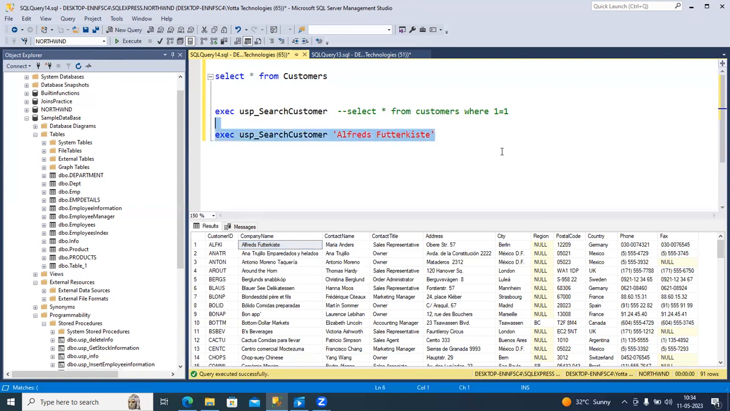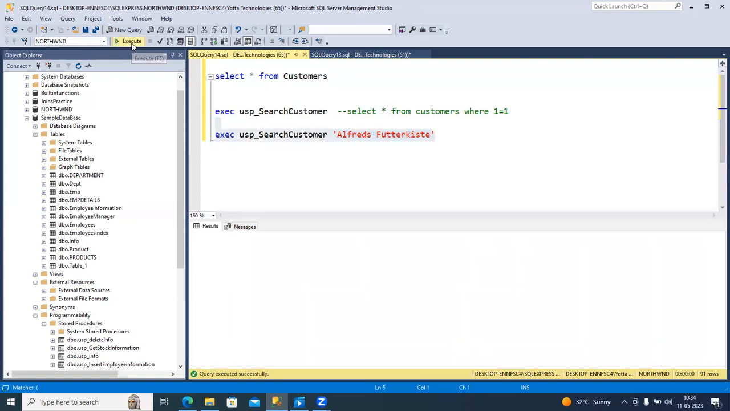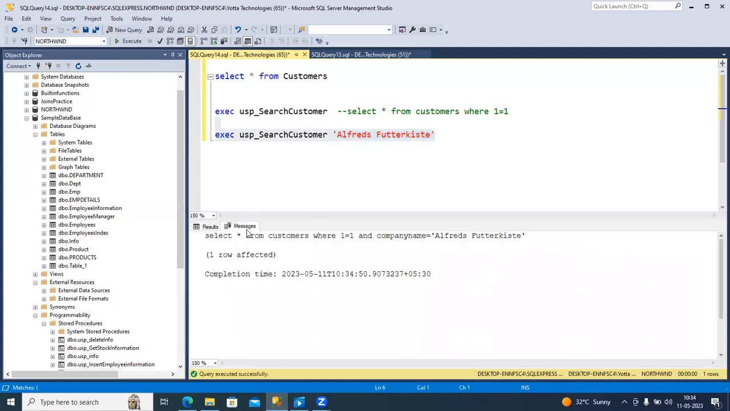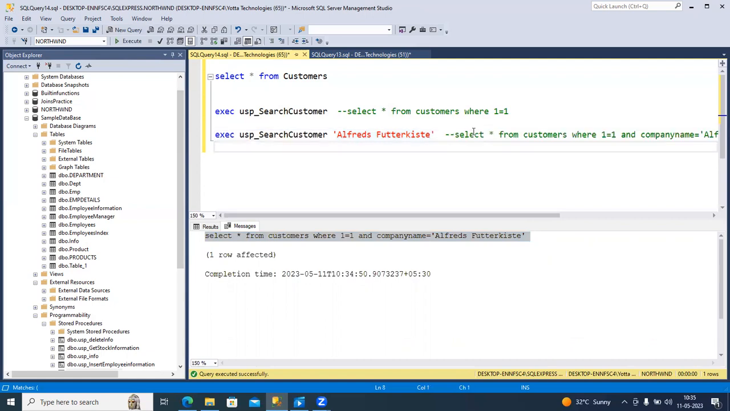Right. So if I execute it, you will get the customer with a company name like this, but in the background, what query it is executing, I am printing the query. You see. See how the SQL query is formed,